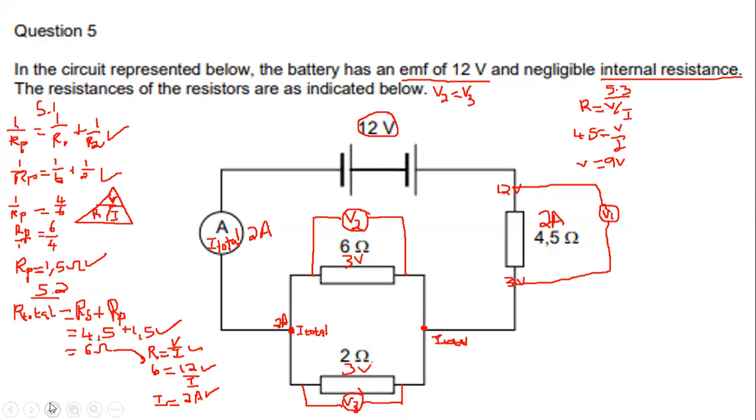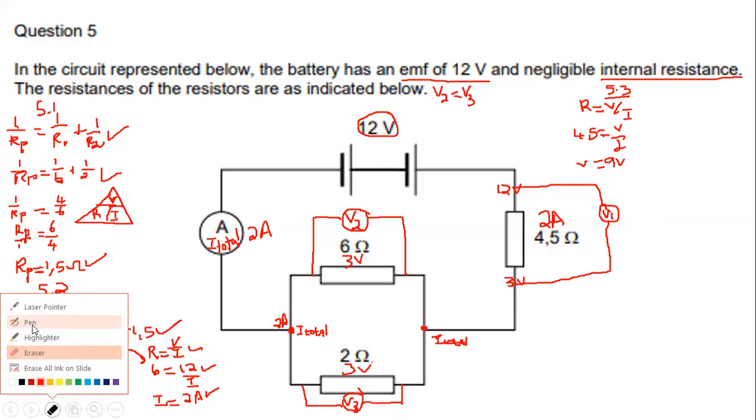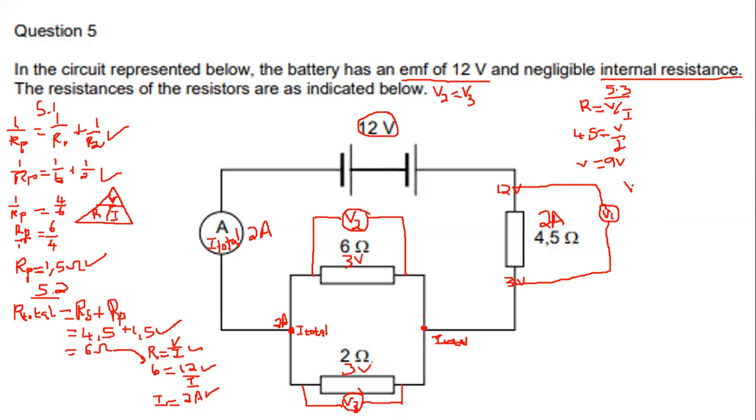After we have this, you will say, okay, then it means the voltage on the 2 ohm resistor will be the fact that I had 12 and I used 9. 12 minus 9, and that is going to give me 3 volts. Then all those that go there have 3 volts, all those that go there have 3 volts. So now I know the voltage there, I know the resistance there, and most certainly I can say